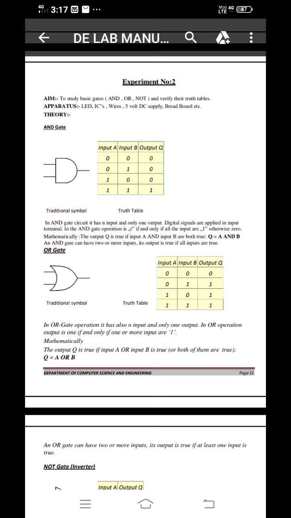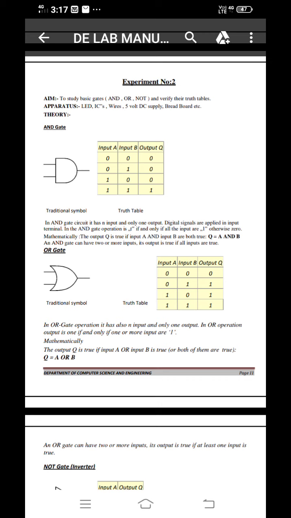And then the OR gate. The OR gate is the physical realization of the logical addition operation. It is an electronic circuit which generates an output signal of 1 if any of the input signals is 1. So when both inputs are 0, only then do you get an output of 0. If you give any one input as 1, you will definitely get the output value 1. That is our OR gate. The OR gate symbol is available here.